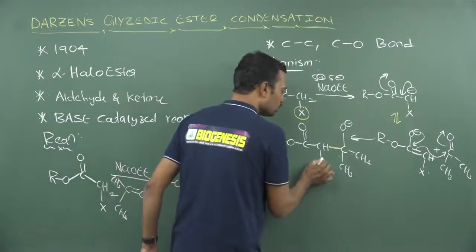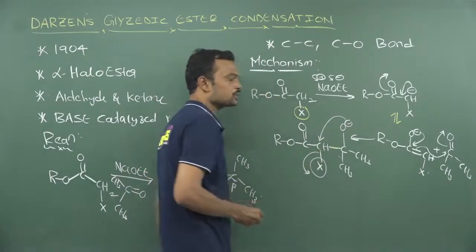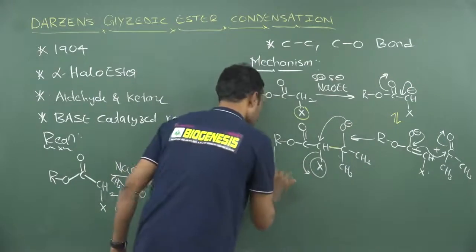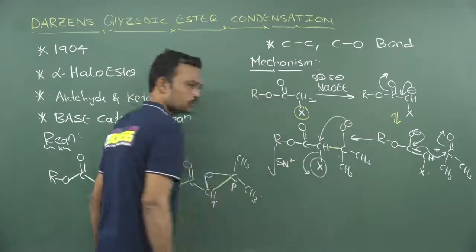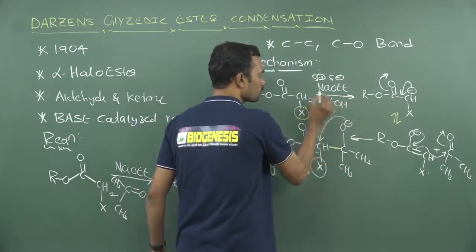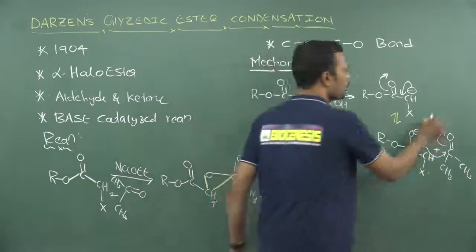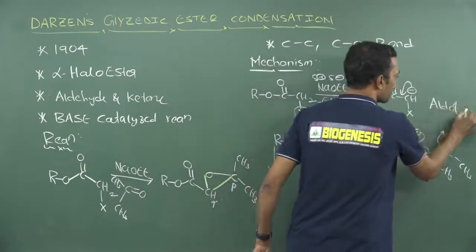So later on, due to presence of an excellent leaving group here, this bond will migrate here, and finally it is eliminated out. Okay, so this kind of reaction is known as SN2 reaction. Okay, this is a base catalyzed reaction. It is removed in the form of EtOH in the first step, then it is stabilized by resonance. Up to here it is approximately equal to aldol type of condensation.